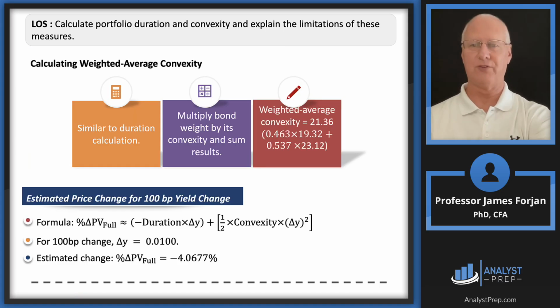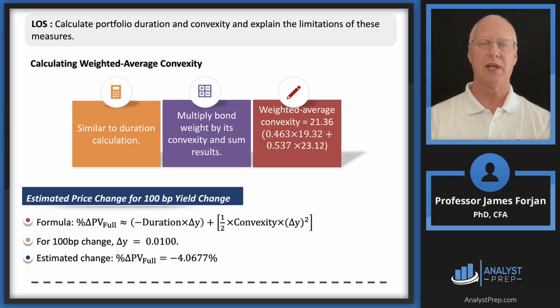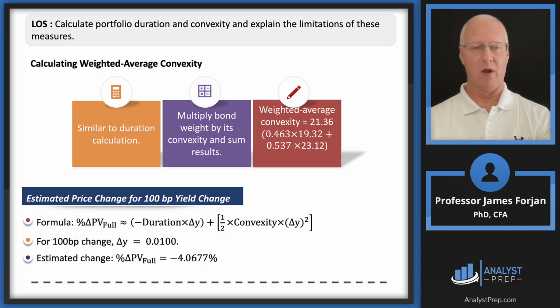4.175. We're going to go ahead and do the same thing here on the far right-hand box for the weighted average convexity. 463 times the 19 and 537 times the 23. And we're going to go ahead and get that 21.36. So what we can do, and we're going to let you guys do this, notice that estimated price change is 4.0677. What I want you to do is go ahead and use that equation right there in the first embedded bullet point, and I bet you can come up with that